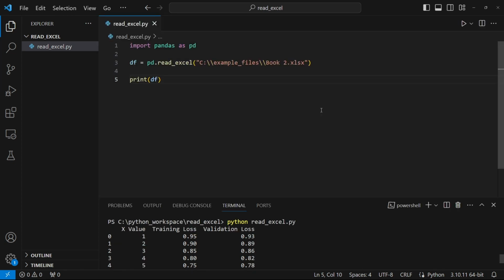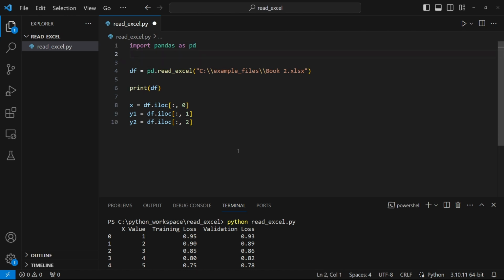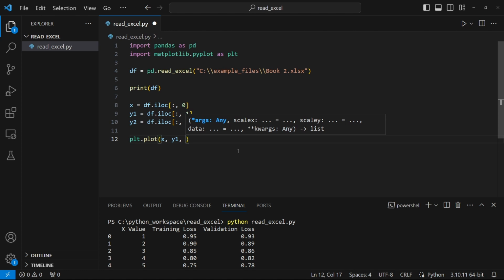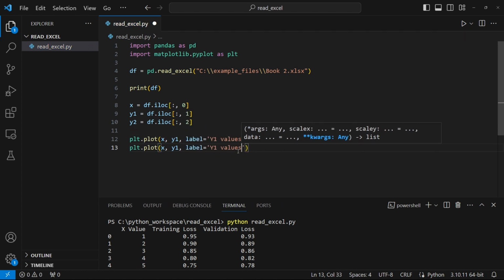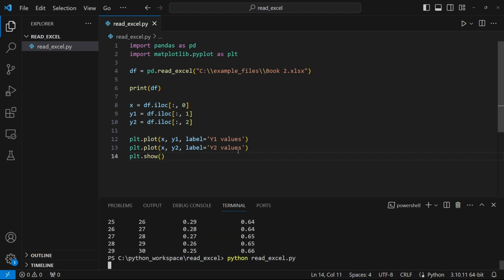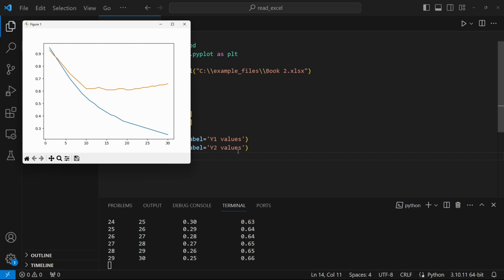If we want to create a graph of this data, we can save the content of each of the columns in a different variable. And then we can use pyplot to create the graph. And if we run the program now, we get a graph that visually shows the data from our Excel